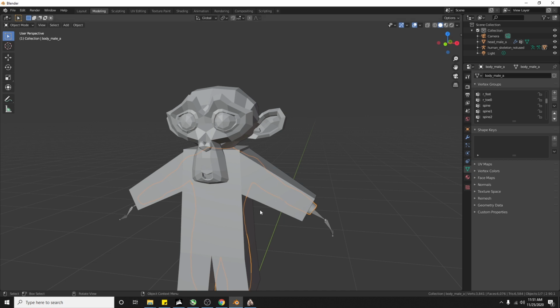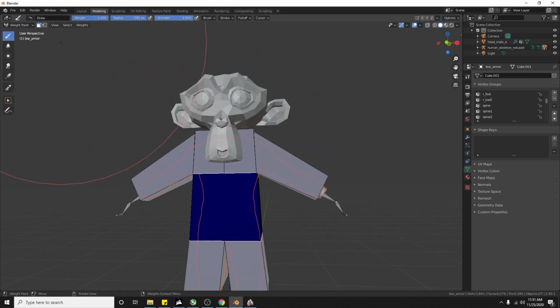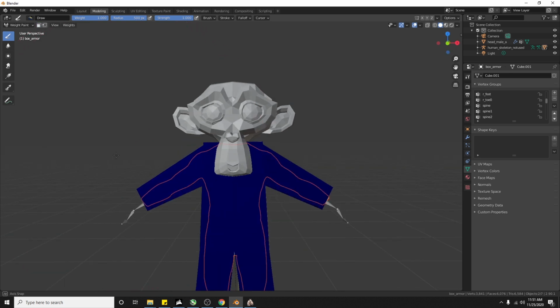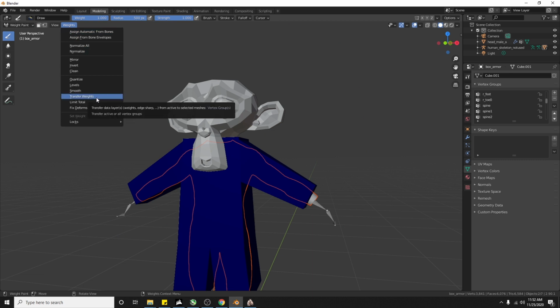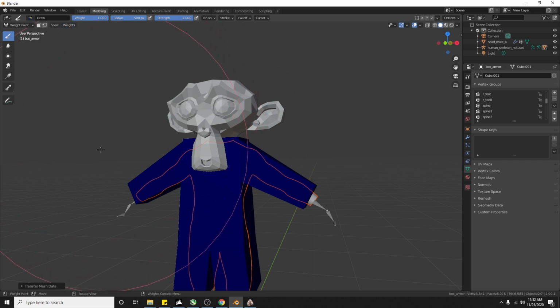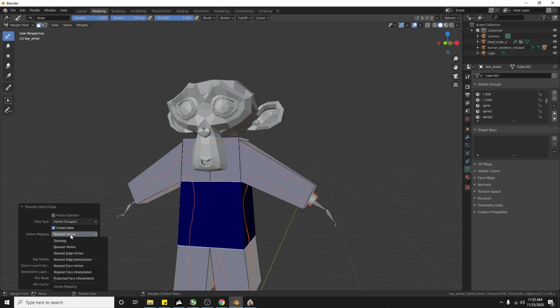So first, let's do the armor. Select the body first, then select the armor. Go to weight paint. Since I have selected this before, do not use the mask. And then select the transfer weight and do not click anywhere. Click here first and make this 5 meter. There are 3 things that we will change here: ray radius, vertex mapping. Let's change this into